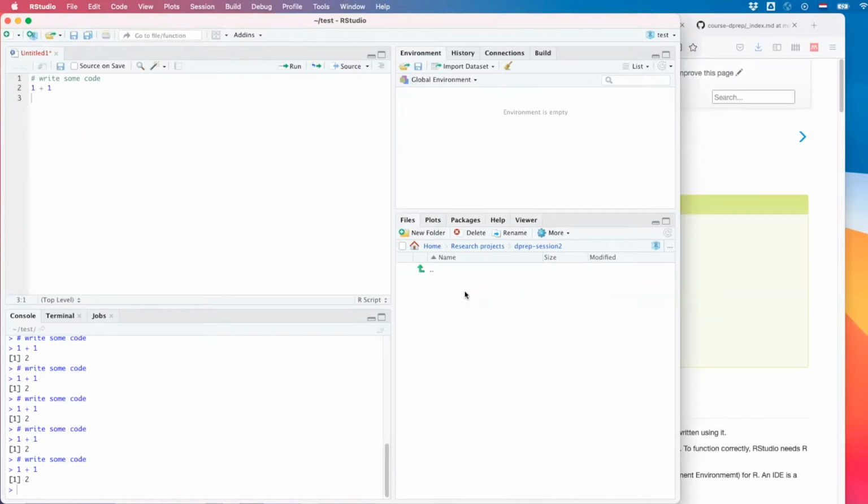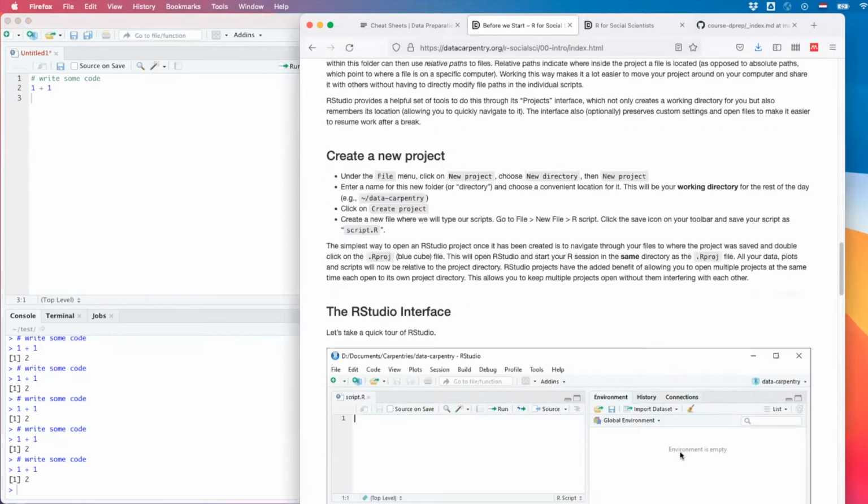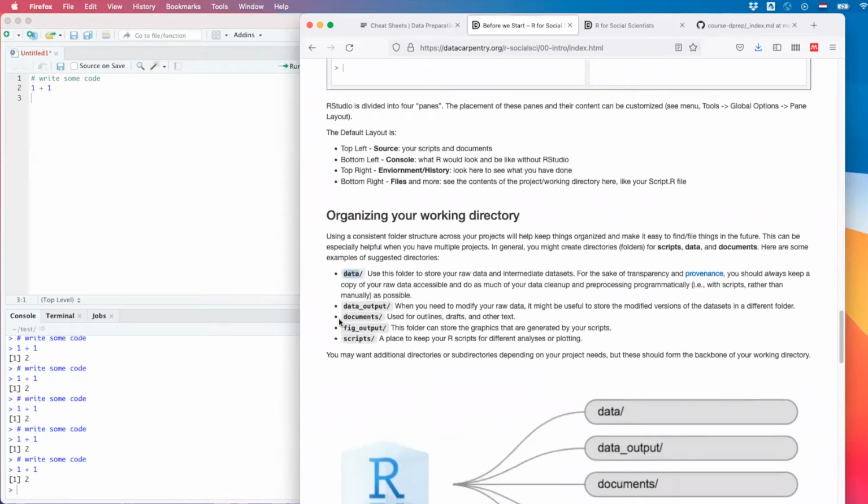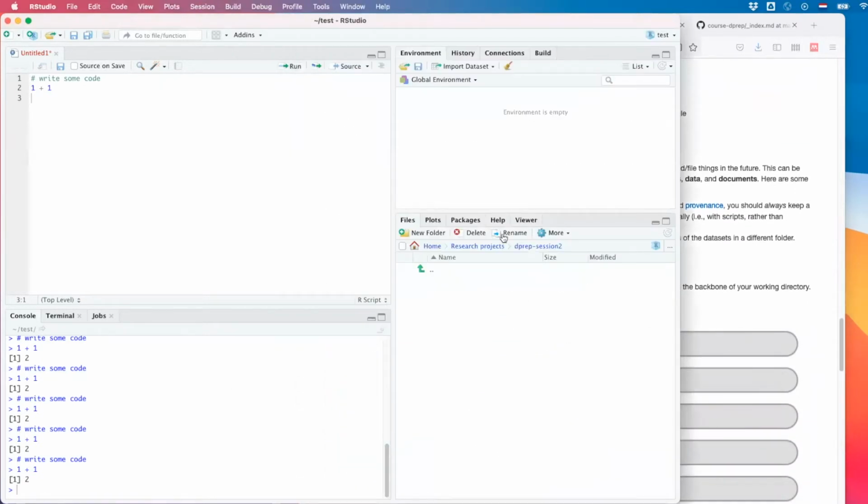A project typically consists of source code and data. And typically we also store data and source code separately. And there are multiple flavors of it. I think in this tutorial, the tutorial inventors have a data directory and then documents, figures, scripts. You know, it's essentially up to you how you want to name this. I have my own conventions, so I use source for source code, and I use data for data.